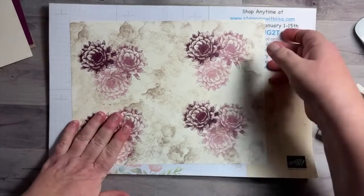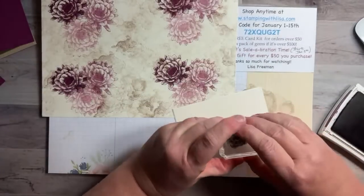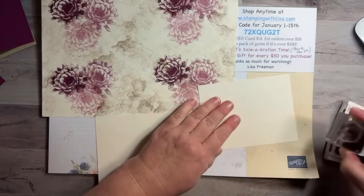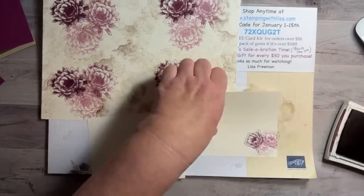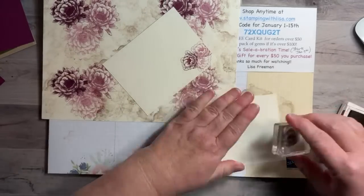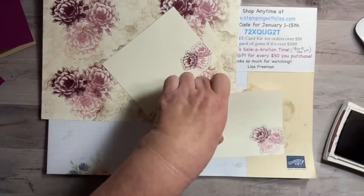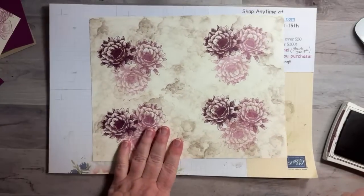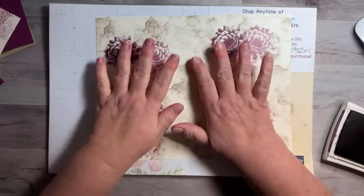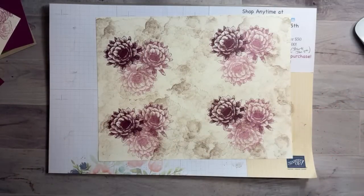And then while I've got the purple out, I'm going to go ahead and do the inside of my cards. So I'm going to take the little one and do the exact same thing. So I'm going to do 1, 2, and 3. And 1, 2, 3. I love doing the flowers like that, especially when you have a dark color and you get your 3 shades all at once. It looks so pretty. So now we've got our 4 main things. Now we're going to go back. So we're done with the purple. That was Rich Razzleberry. And we're going to go to green